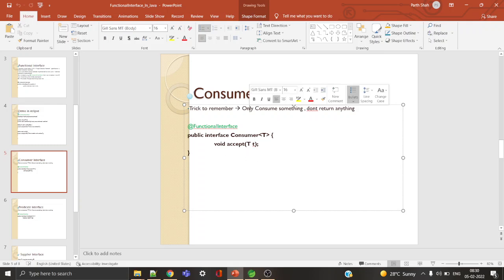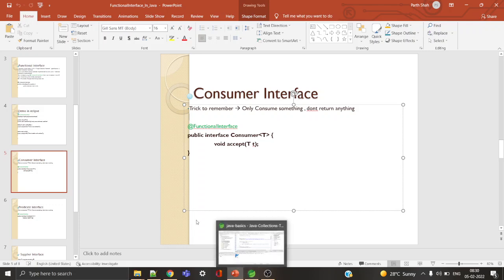The trick to remember is from the word consumer, which says consume. It basically consumes something, it takes something, and it does not return anything. Now, if I go to a consumer demo,